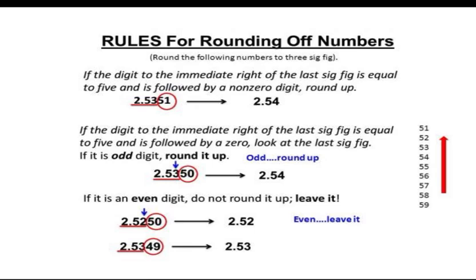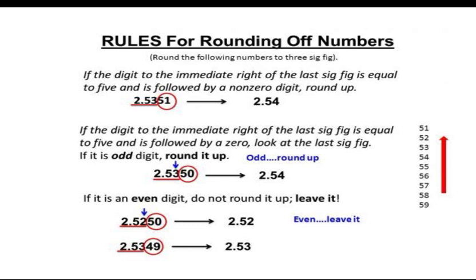Rule number 1: if the digit to be dropped is less than 5, keep the previous digit the same. We can use 2.5351, so we write 2.54 because our previous digit stays the same. Less than 3 is less than 5. And rule number 2: if the digit is more than 5, increase the previous digit by 1. Here we can use